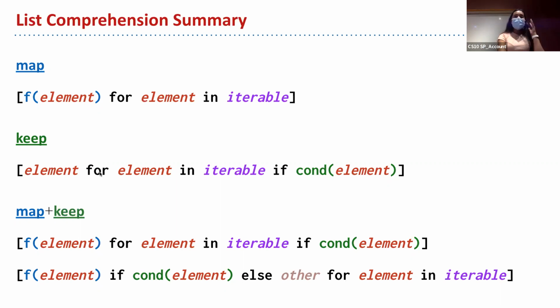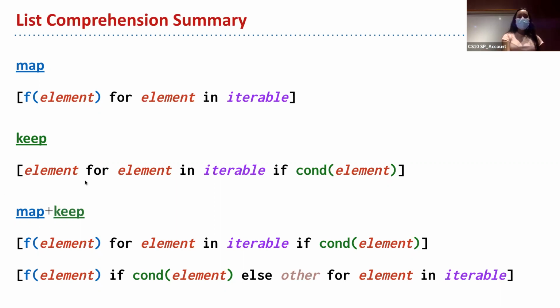If you don't want to map, you just want to do keep, then you're going to say element for element in iterable if the condition, and this is whatever function you would pass into keep. If that condition is true, basically, this is where you're putting your condition. The reason that we do element for element is that we don't want to change the values. Remember, keep didn't ever change the values of our input list. It just gave us a filtered version of it, right? Unless we used map. Map actually changed the values, but keep kept the values the same.